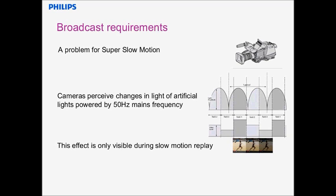and off 100 times a second, because as the mains frequency varies, in the UK it's 50 cycles, so we have on and off happening 100 times a second. If it was a 60 cycle supply, then that would be 120 times a second. So you actually get a flicker, but at normal frequency, at normal shutter speed, the camera can't pick it up, and certainly the human eye can't pick it up. But once you move up to 300 frames a second, then what happens is you get the camera picking up the light dark that you get with